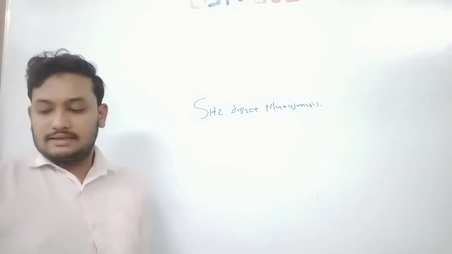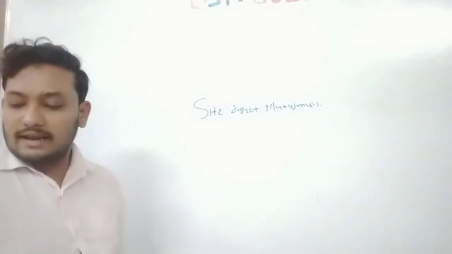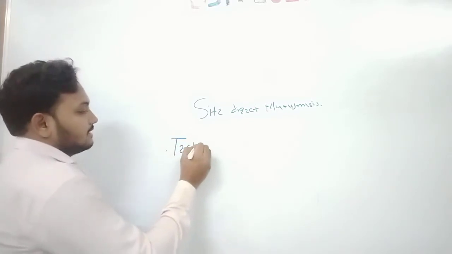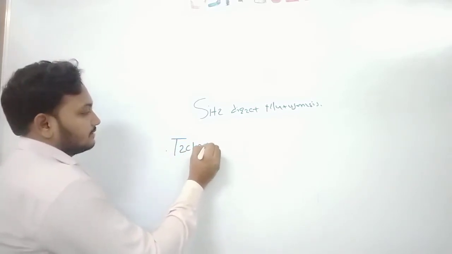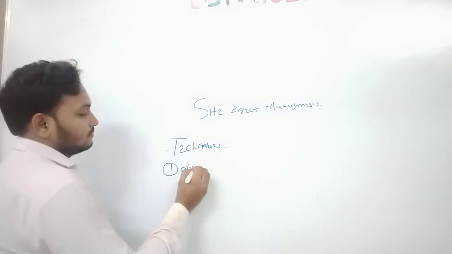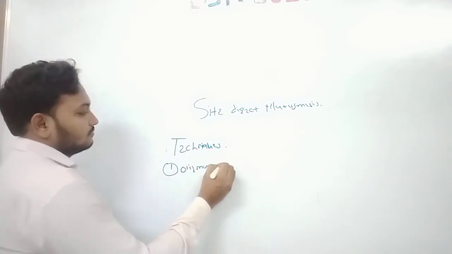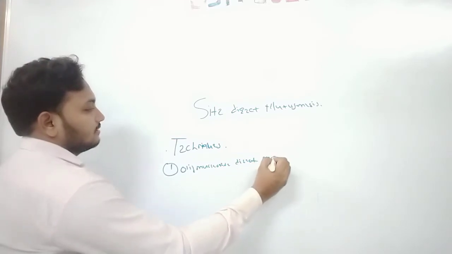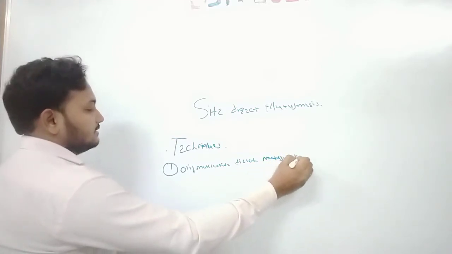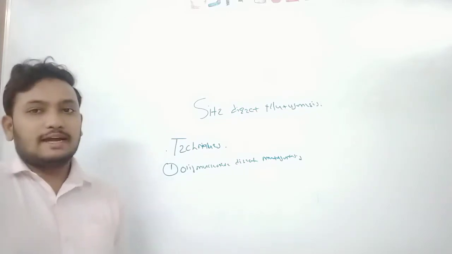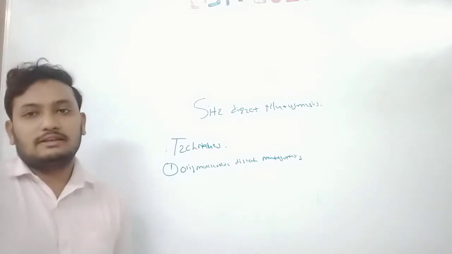First technique is oligonucleotide direct mutagenesis. So we are discussing the techniques. Okay, so first technique is oligonucleotide direct mutagenesis. Okay. Oligo. You know that the oligonucleotides, the DNA, it is made up